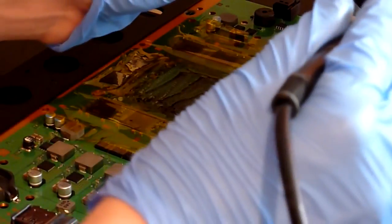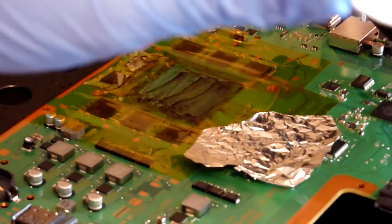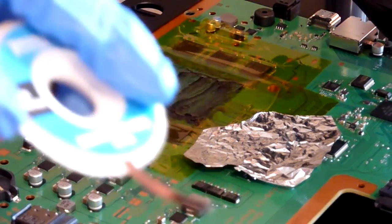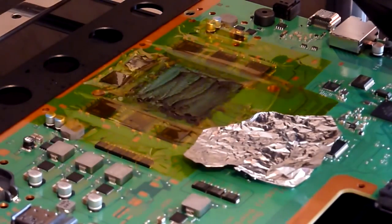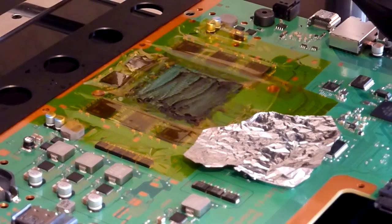So eventually, as you can see, our braid there is fairly clean. There isn't much more coming off that now. So that's looking pretty good to go. So what we're going to do now is get a bit more alcohol, lift our foil away,